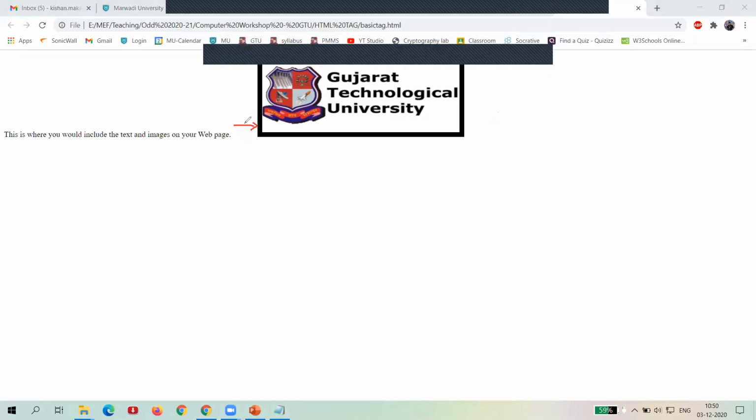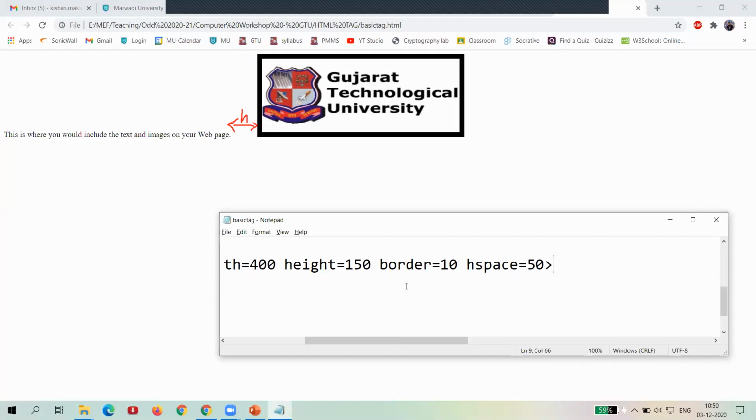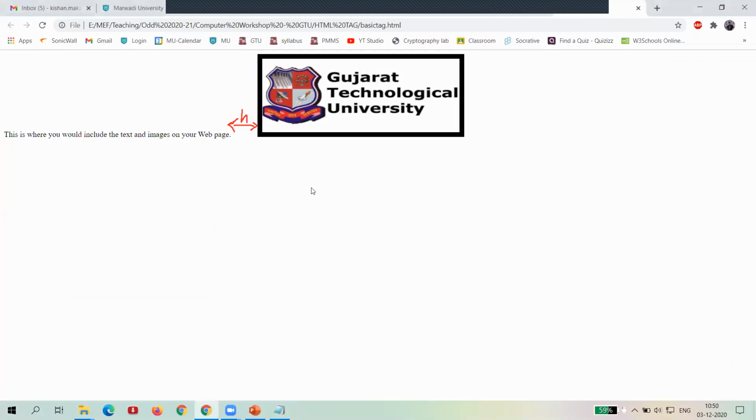You can see that is the difference, and that is the hspace. Right now I have applied 50 pixels. For example, I set 100 pixels, so let's check the output. Now it's shifted another 50 pixels.